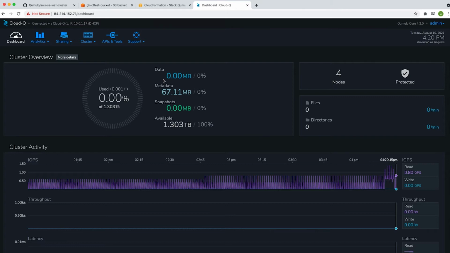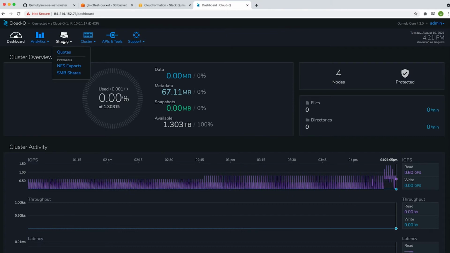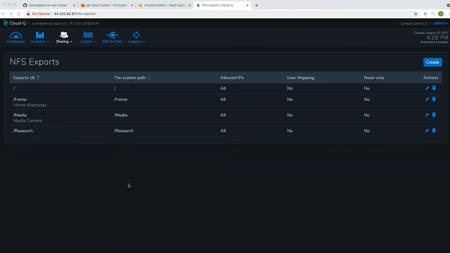Okay, as you can see, this is a brand new cluster with no data in it. I'm going to create NFS exports. So Mike, our partner at Atempo, is going to do some migration into this cluster. Please note you can also create SMB shares, or a combination of both, and use them for the migration. Okay, I have created 3 NFS exports for home, media, and research. And I'm going to hand it over to Mike to do the migration from an on-premises NAS system to the Qumulo